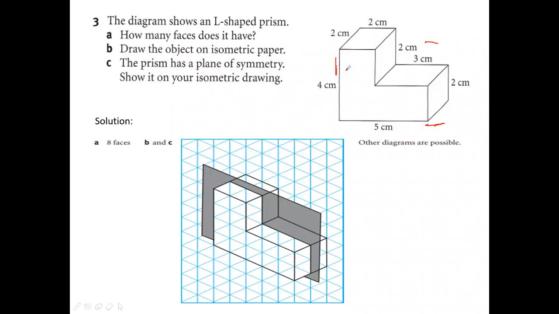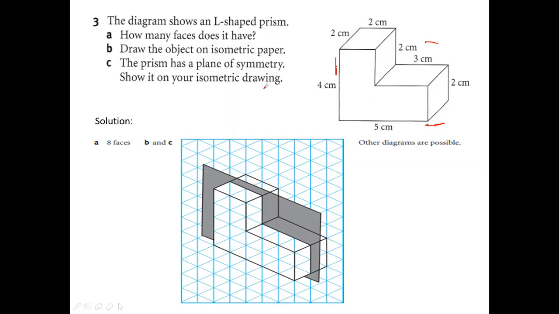We have to draw the same figure on isometric paper. So 4 centimeters, I will take 4 triangles here. Then 5 centimeters, I will take 5 triangles here. Then if this side is 2 centimeters, undoubtedly this is also 2. If it is 2, parallel sides are 2, all these sides are 2. So I will take from here 2 centimeters, from here 2 centimeters, from here 2 centimeters, join the edge, again draw 3 centimeters, again draw 3 centimeters, and join these 2 centimeters, again 2 and 2. It is again 2. Join all that and you will get the figure.